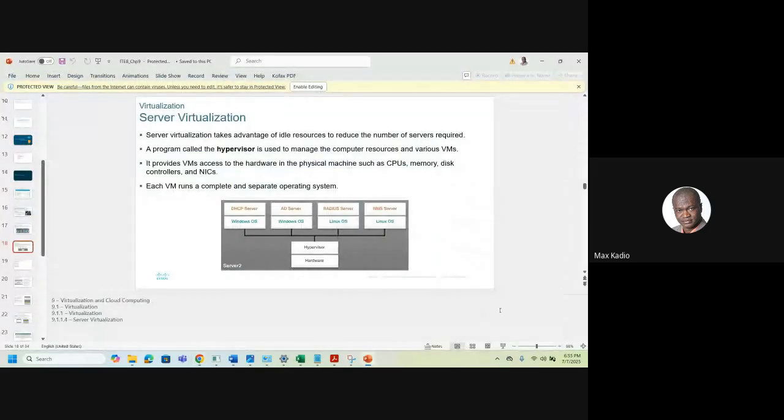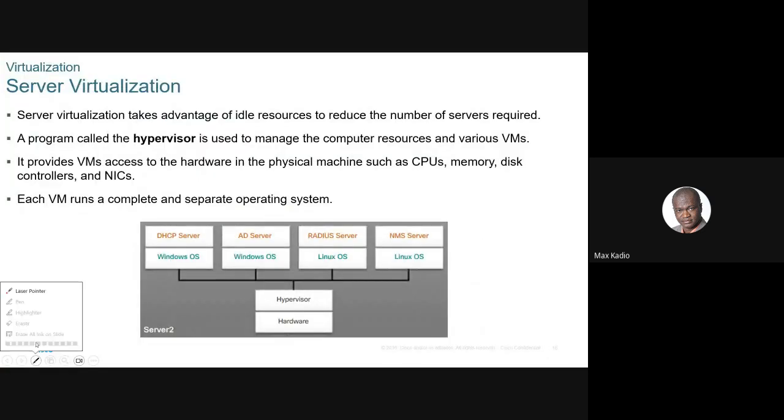So virtualization is simple. I'll make it very simple for you. You have only one PC. You install a software called a hypervisor, and it's on that software that you can create different PCs. You can install Windows and work as if you had a physical PC. You can create another PC and install Linux, and all of them will work properly the same way as a physical PC. This is what we call virtualization.